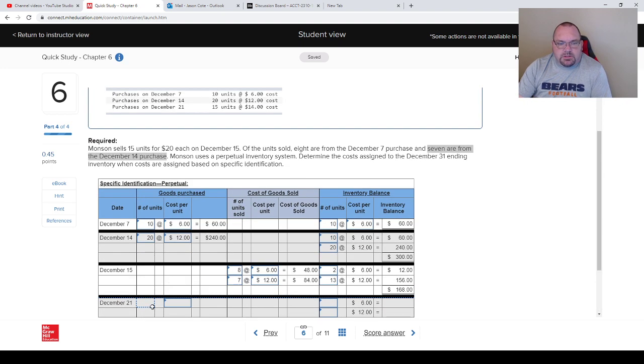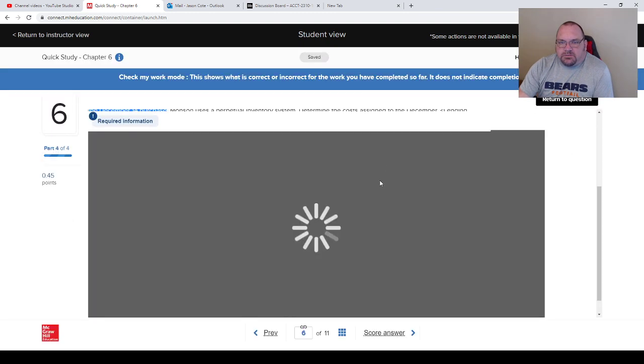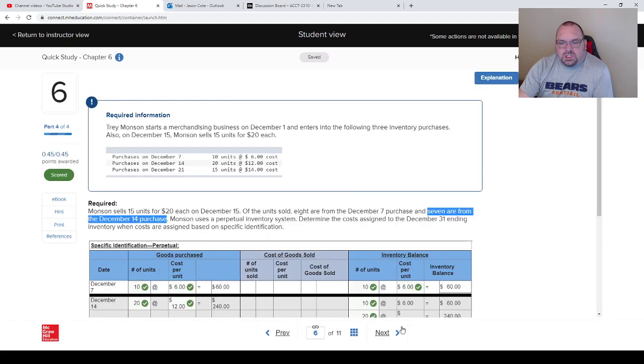We make our final purchase, which is 15 units, $14 a piece. So what's in ending inventory is 2 units at 6, 13 units at 12, and then the whole 15 at the end, okay? Any questions on that? I don't think anybody's going to ask, but if you have questions, you can email me, unless you're here live, and you can pop something in. But again, they have to tell you what was sold, and you just subtract whatever is not there. All right, so I think the next one, if I'm not mistaken, is we go to,